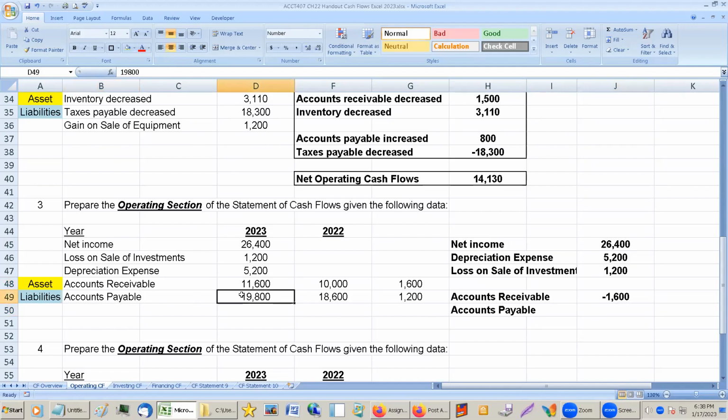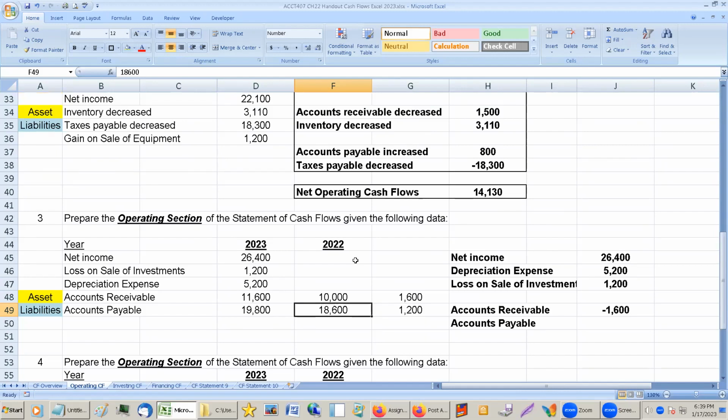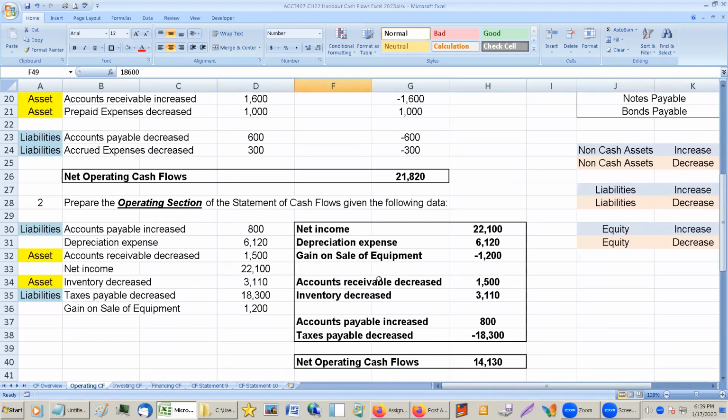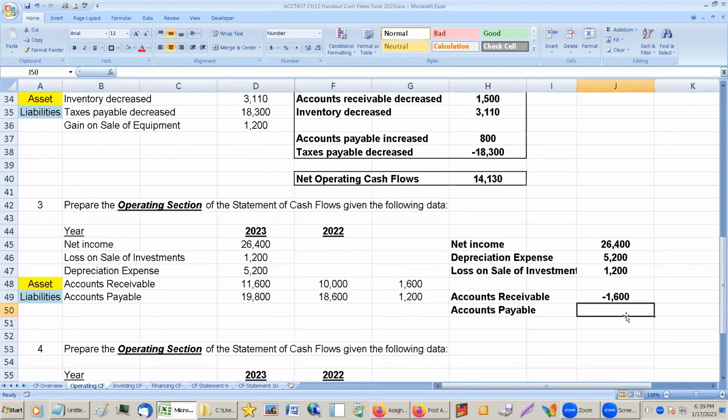Okay, accounts payable went up by 1,200. So that's the liability. So what happened to the cash? Did it go down or up? Up, good. Okay, so this will be our